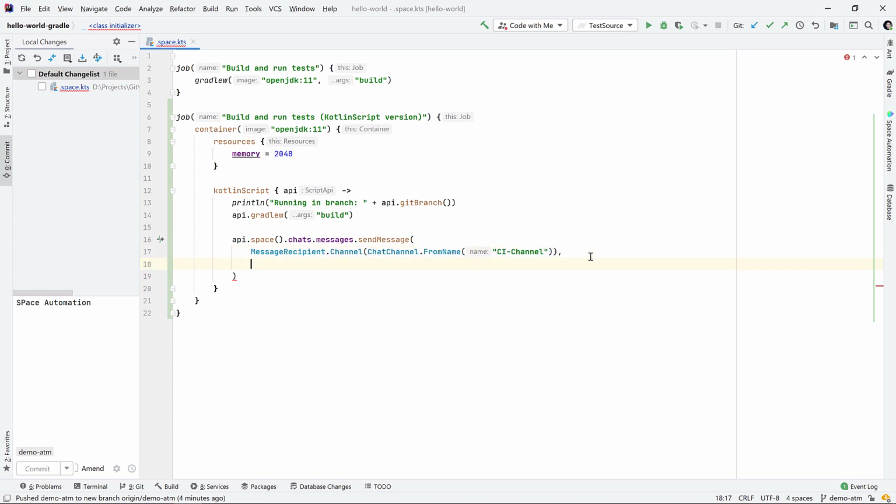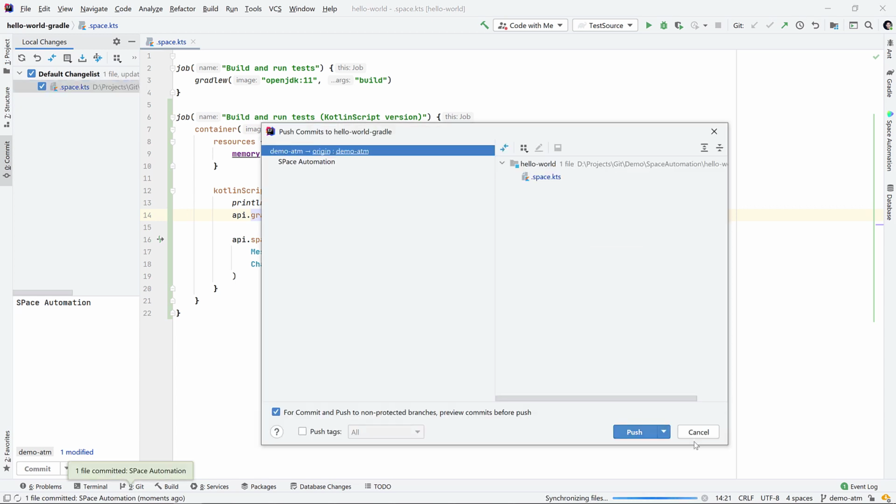And of course, I want to send a message as well. And what I want to send is a ChatMessage.Text. Let's replace that as well. And the text is going to be build is running, build number plus my API execution number. Actually, this should be build has completed. So what this will do is, again, build my current project, but after it has built, after the tests have been run, I will also send a message to chat. So I'll update my build script, commit this one, and wait for Space to kick in and run the automation